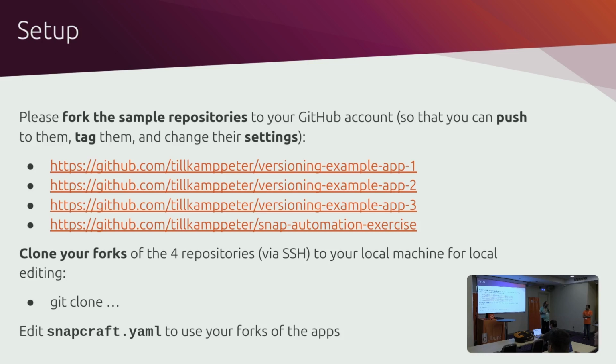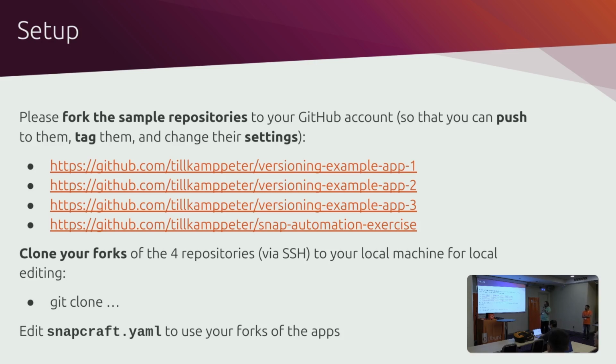And second, you have to be able to make a release, because you will make releases of your own copies of these sample apps so that your GitHub action deployed to the last one will auto update